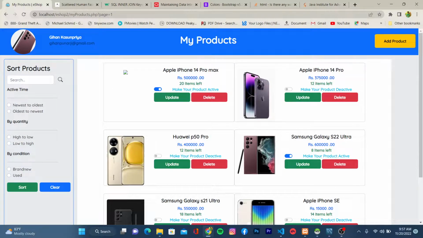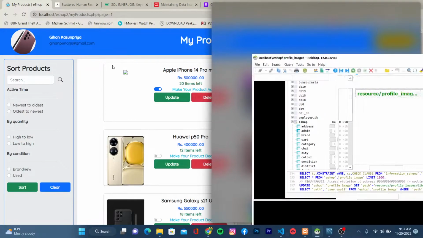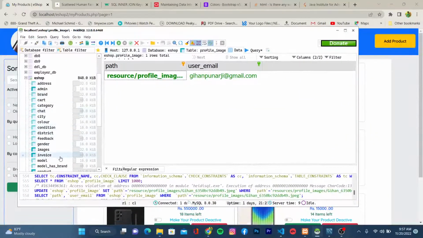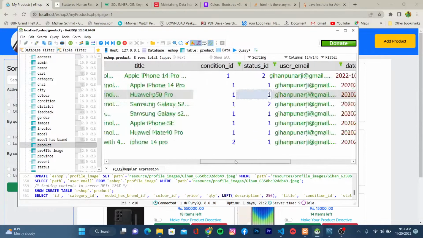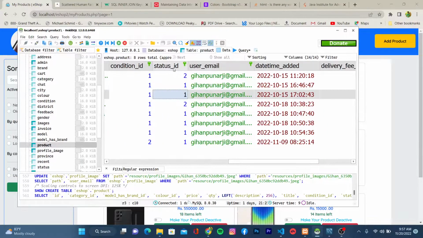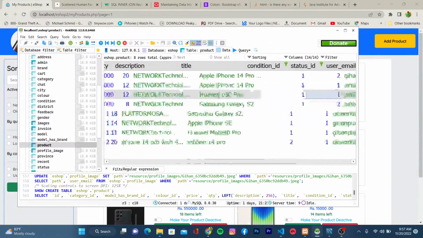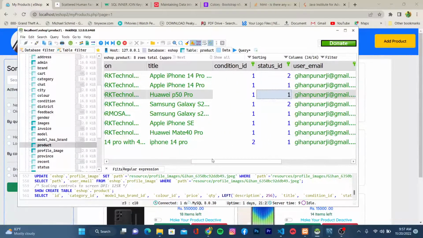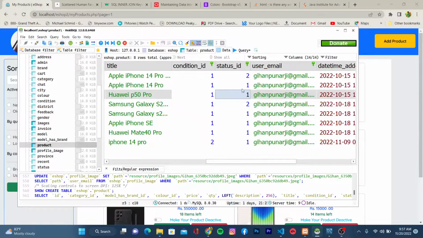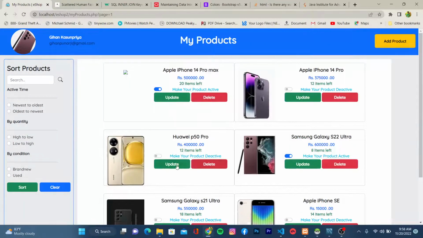So let me get my database here. If I go to my product table, you can see I have some status IDs. Let's see, I have Huawei P50 Pro, and it has a status ID of 1. If I go to Huawei P50 Pro and turn this switch, you can see my